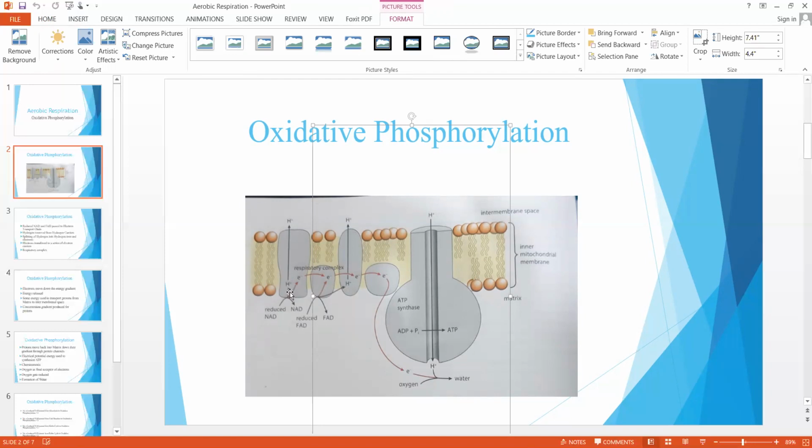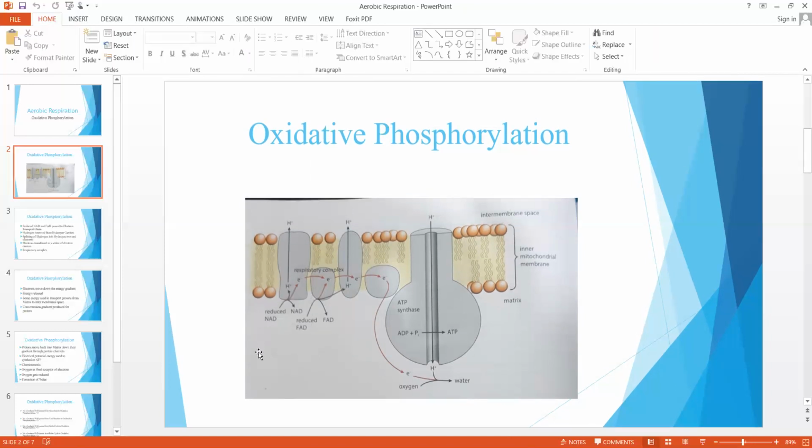Obviously we can call hydrogen ions protons now. So some of this energy is used to move hydrogen ions, or protons, from the matrix of the mitochondria into the intermembranal space. You can see over here that protons, or any ion, can only pass from the matrix into the intermembranal space through protein channels, but only through those proteins which are transmembrane proteins.